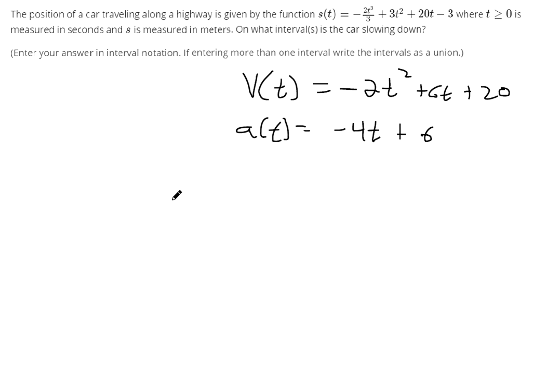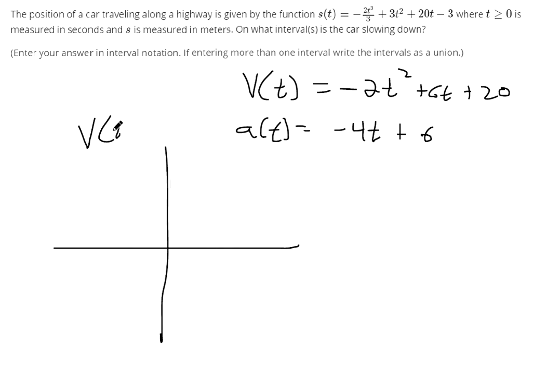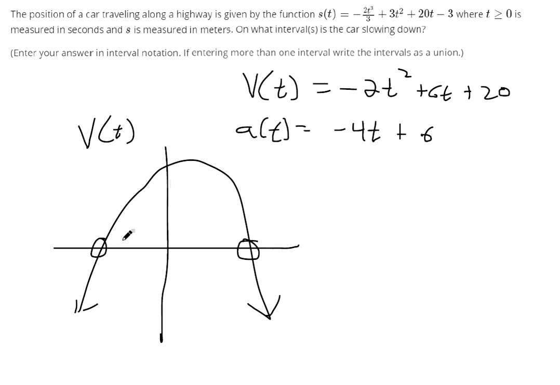Okay, so one thing we should look at first is a graph of the velocity, just a rough sketch. We don't have to get it exactly precise. It's quadratic, which means it's going to make a shape like this. It's going to cross the x-axis in two places. So this car is going forward between these two places, and it's backing up to the left of this place and to the right of whatever